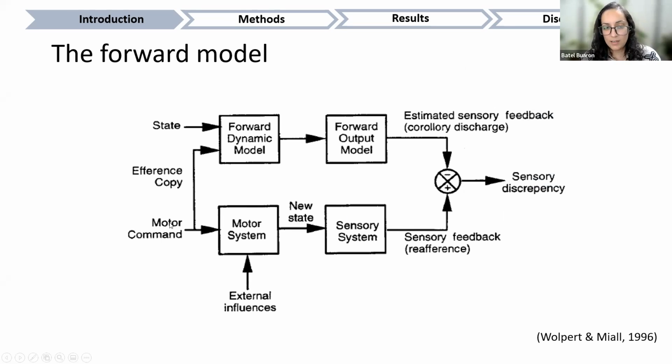What this model is saying is that when we perform an action, we don't only send a signal to our muscles to make them move, but we also send an efference copy, or a prediction copy, of what we expect is going to happen to relevant sensory regions. Now, this model is a theoretical model. It doesn't say anything about the specific anatomy of the motor system. But given that we know that the motor system is highly lateralized, so the right part of my brain is controlling the left side of my body, it is possible that these kinds of signals are also dependent on the laterality of the action.